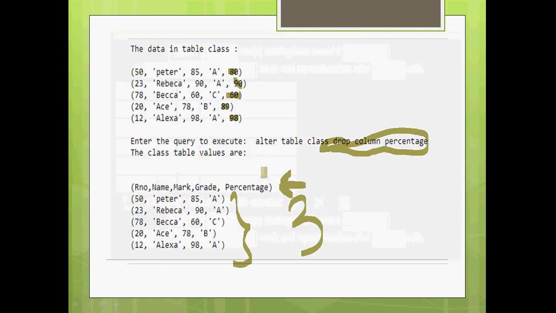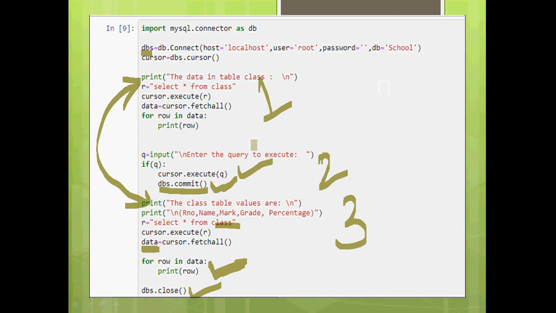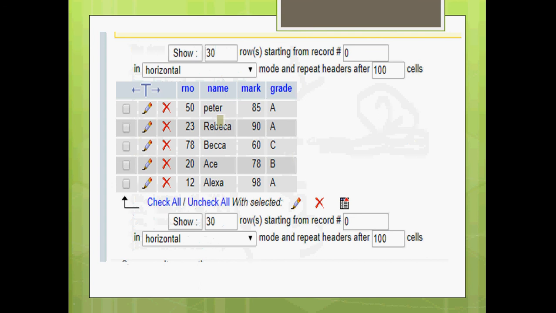Using the same code we used in the first part. And in the second part, as the code says, you can check the code again, it has only 2 statements: execute a query and commit it. Using only these 2 statements, you can do update, insert, and alter as you have seen. So this is the database in which percentage has been removed and most of the other values are here.